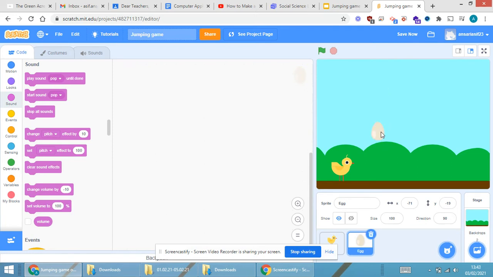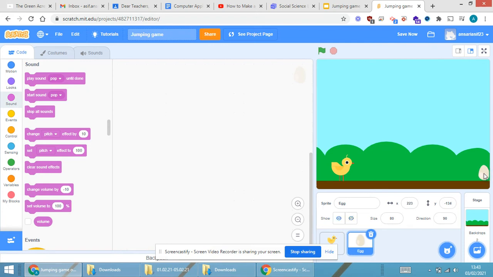Yes, over here it is displayed, but as you are able to see, the size of the egg is very large. So the first step is that I will be making the size 50. That is too small. I will be making it 80. Yes, it is perfect now. I'll be making the size 80. And what I require first is that the egg should start from the extreme corner of the screen.